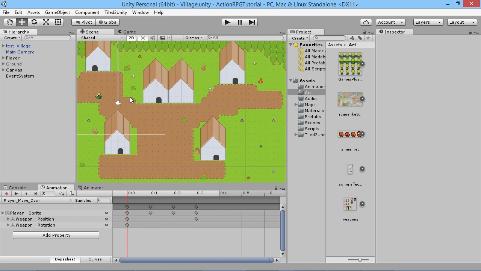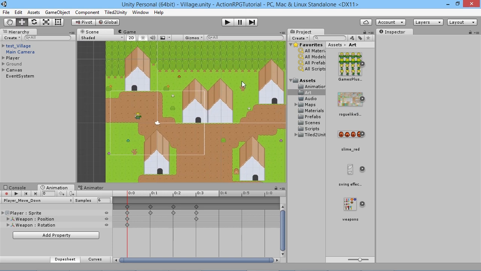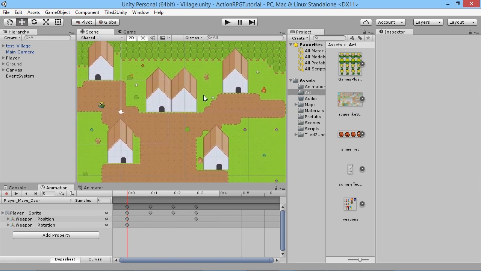Okay, so we're going to add just a nice simple little villager movement system, because people have been asking me about the way our slimes move about in the world. It can seem a bit random with how they move diagonally, sideways and stuff like that. So people were asking about how to make it so that movement only goes up and down or left and right. So we're going to do that with our villager here in the village. So I've made this simple little village map, not too complicated, the exact same way we've made our maps previously